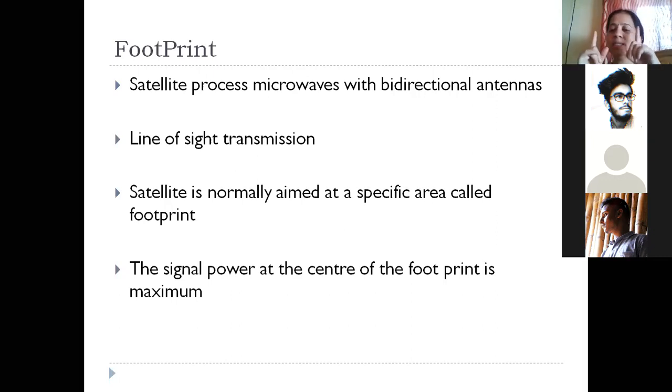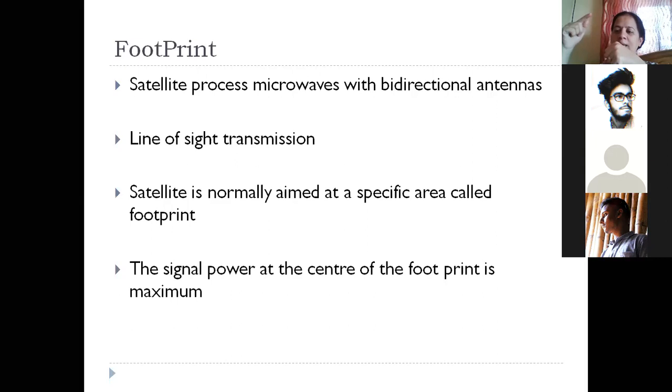Now, when you have a sender and a receiver who are communicating via satellite, or if you have a source which is trying to transmit the data to a satellite which is orbiting the Earth, then the antenna and the satellite should be in the same line of direction. I hope you're understanding.